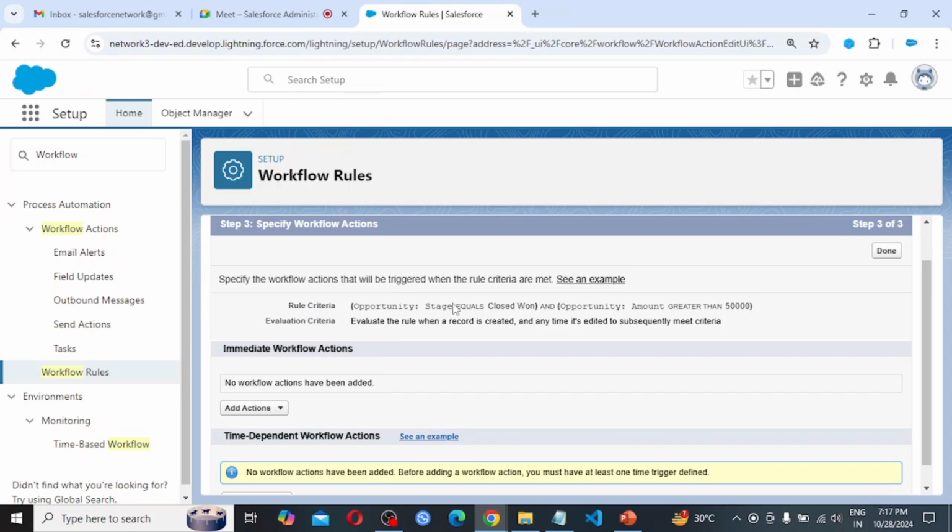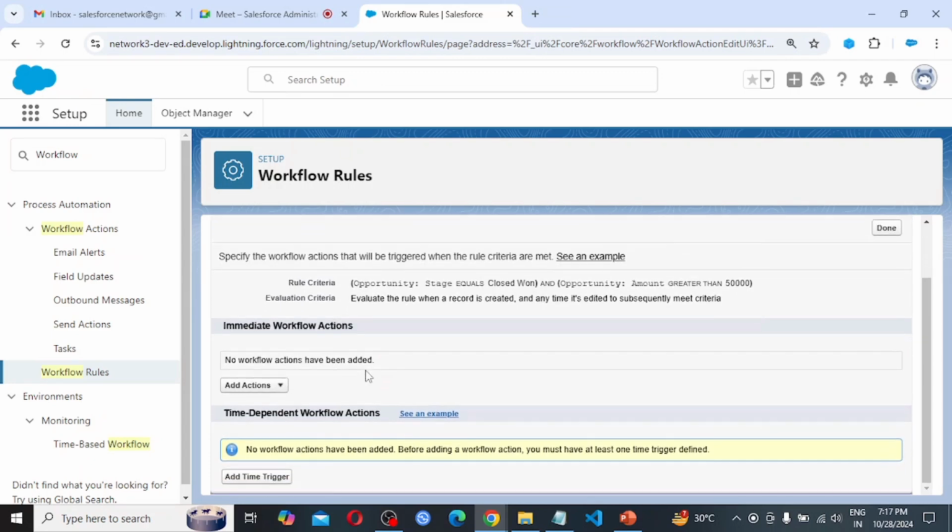In this step we have to specify the workflow action that will be triggered when the rule criteria are met. So whenever this rule criteria is met, then the workflow action is going to be performed. Here is immediate workflow action and here is time dependent workflow action. So we are going to perform immediate workflow action.